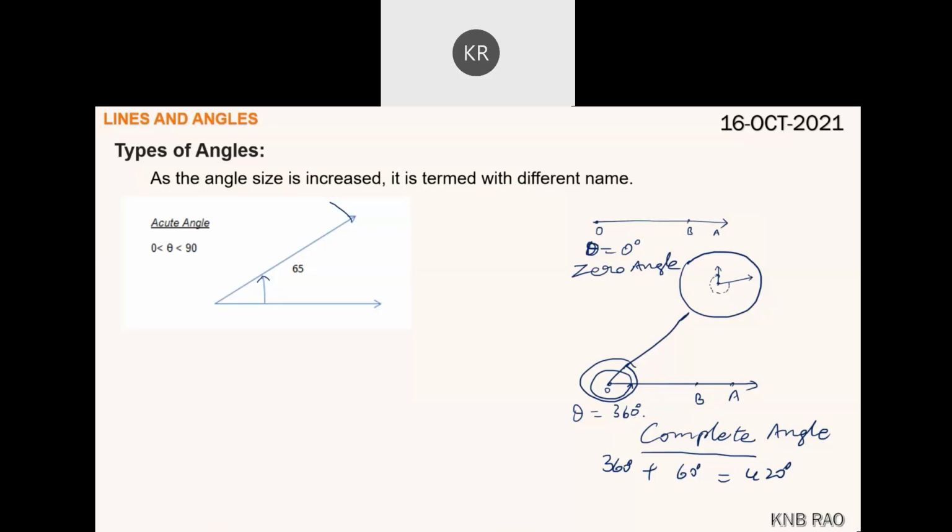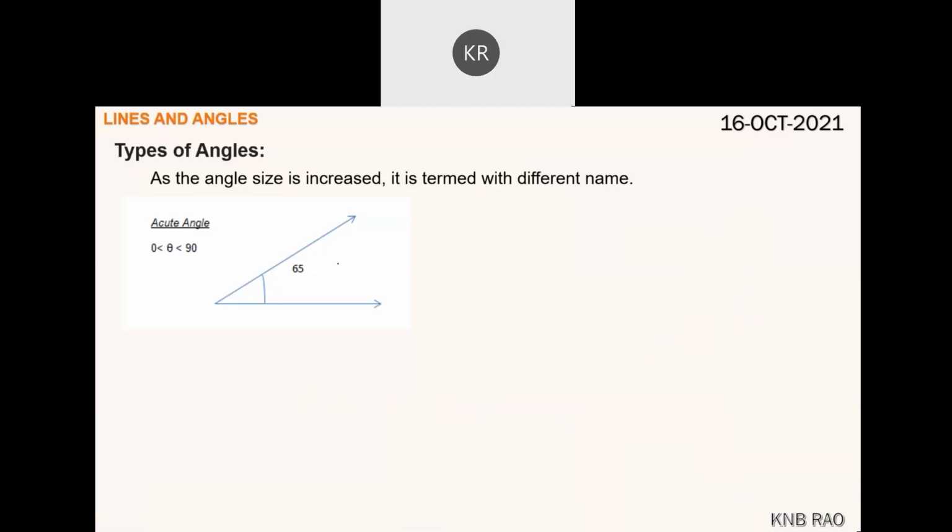You'll come to know all these things in the trigonometry chapter of 11th standard. In 10th standard, you have only 0 to 90 degrees. In class 11th, you will start 0 to 360 degrees and more than 360 also. So in trigonometry, you will learn how an angle can be more than 360 degrees. Let's move on. If angle is 0 degrees, we call it zero angle. If angle is 360 degrees, it is called complete angle. That much you know.